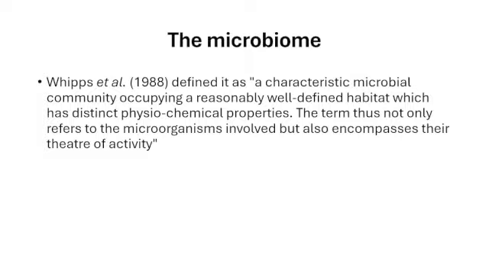Now, for a long time, since I was a kid, people were talking about gut flora, gut fauna, that kind of thing. But more recently, the term microbiome is increasingly used for these kinds of things. So there might be a human microbiome, things that live inside us or on our surface. There might be a soil microbiome. Well, there usually is a soil microbiome. There might be a plant microbiome. There may be things that are specific to particular plants or to the plant kingdom more generally.